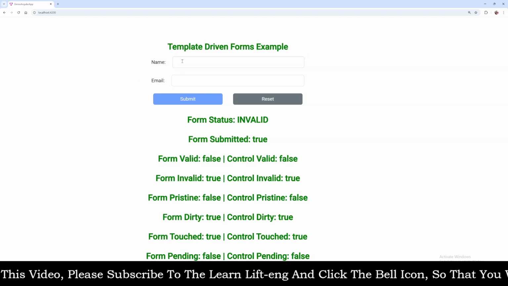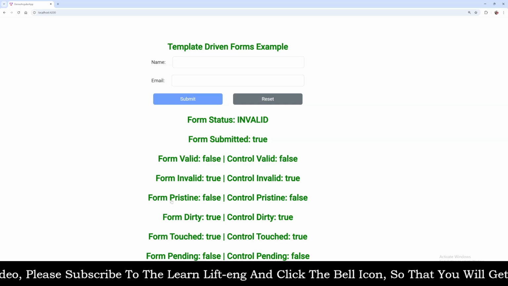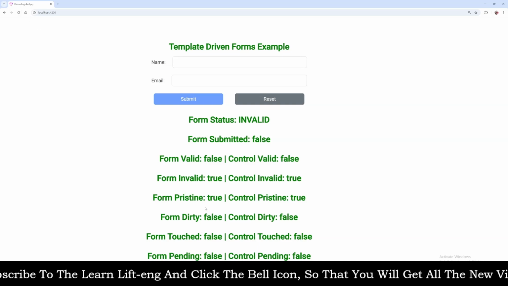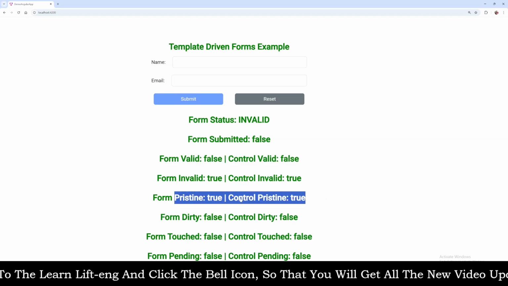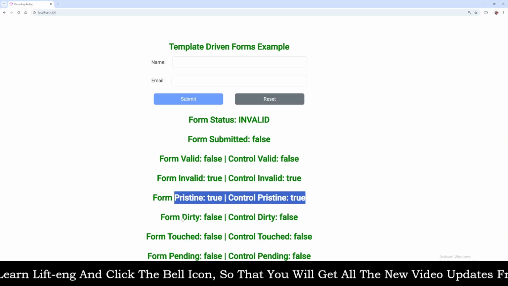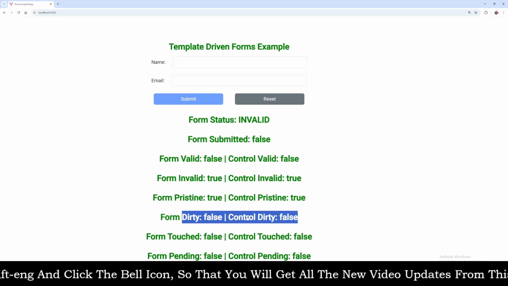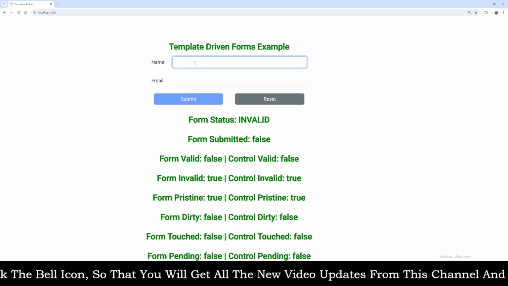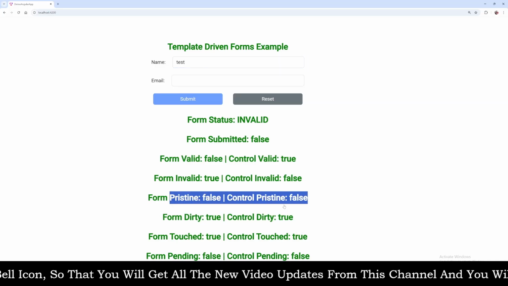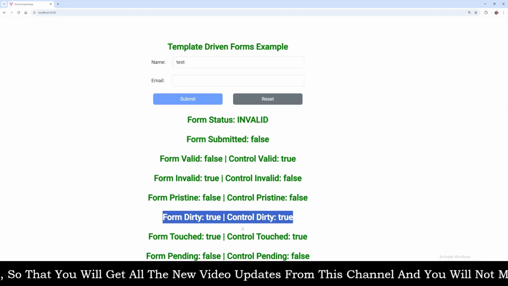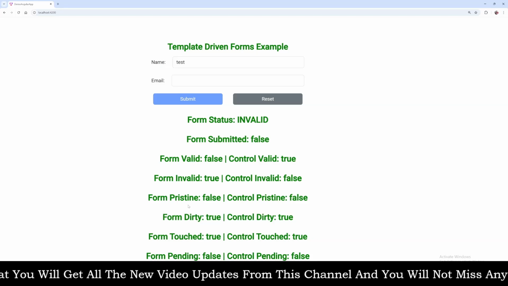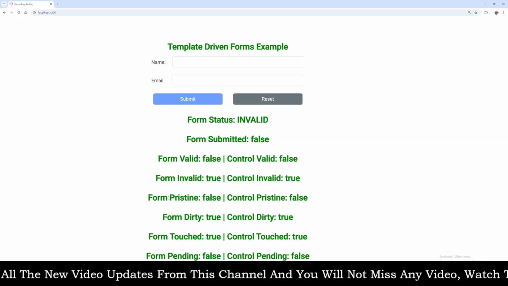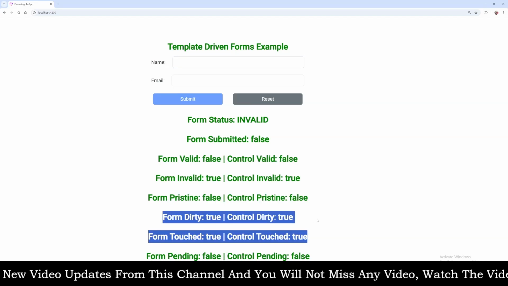But unless and until you change anything, this pristine will not become false. Initially this pristine is true because we did not change anything, and initially the dirty is false because we did not change anything. If we change anything, the pristine will become false and the dirty will become true, right? If you revert back to the original values, then also pristine will become false only and dirty will become true,